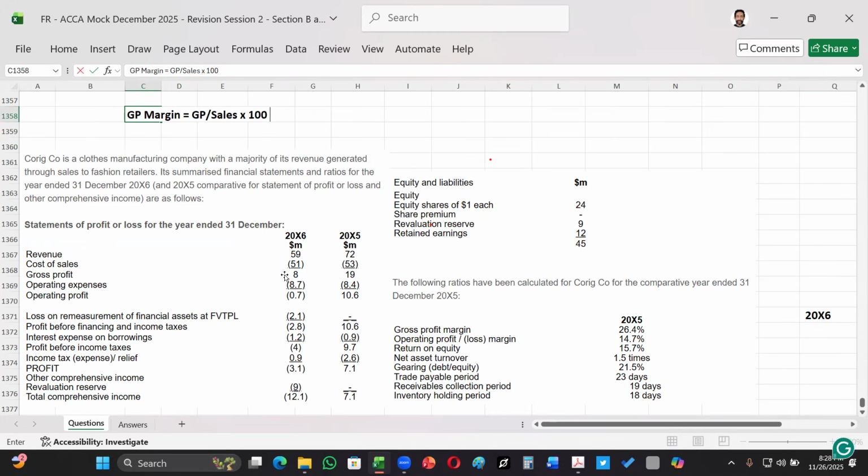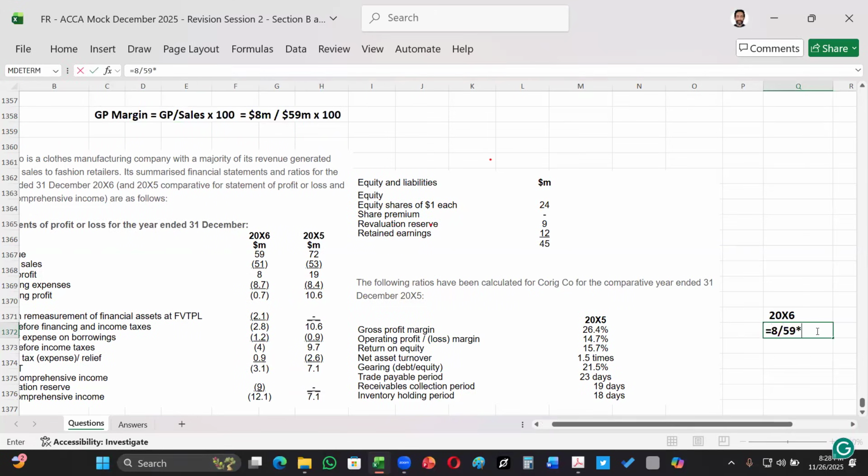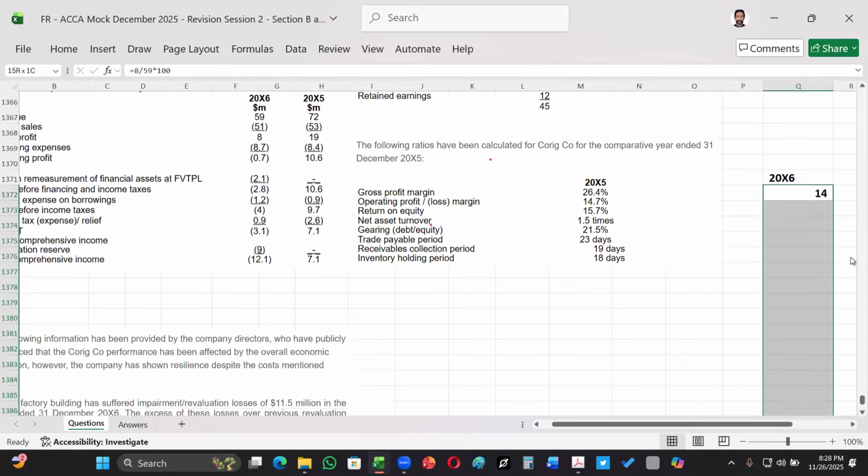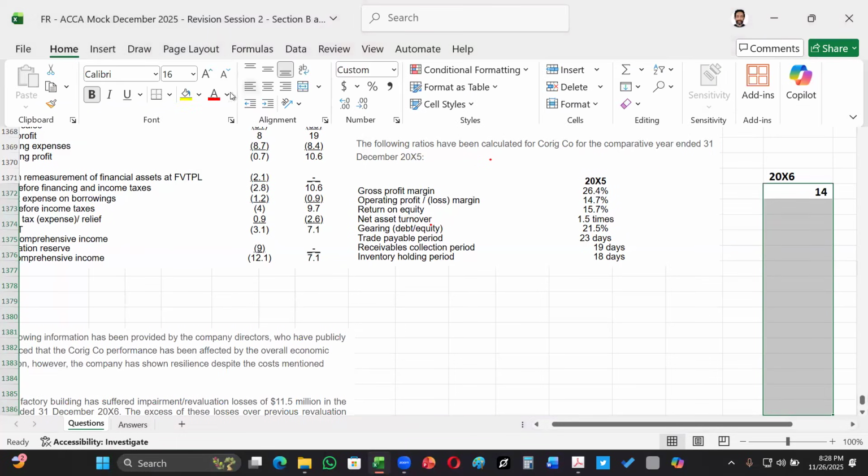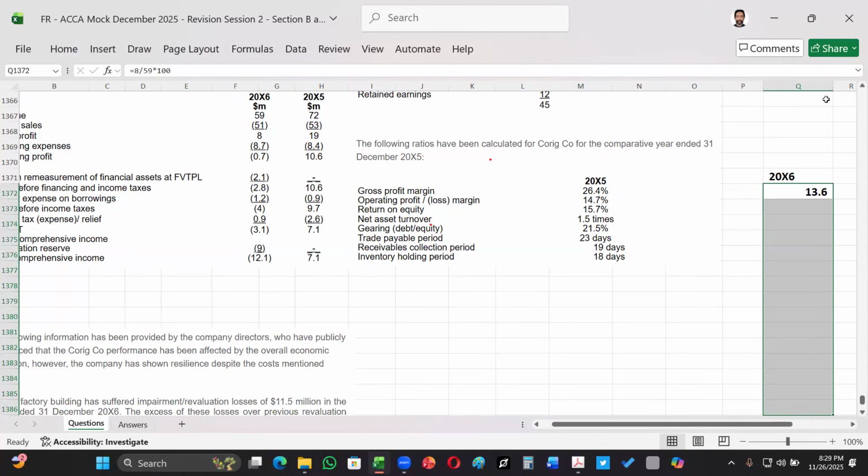The gross profit for the period is 8 million. We divide this by the sales revenue, which is 59 million, and we can easily calculate it. You can do the calculations for me so that we can write down the formula here. So that is 8 divided by 59 multiplied by 100. So that is 14%. Let me just unround these figures so that we have the precise answers, because I've got these rounded. 13.56. That is 13.6.